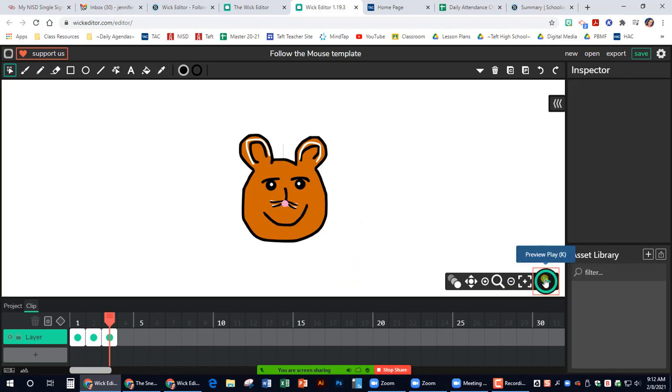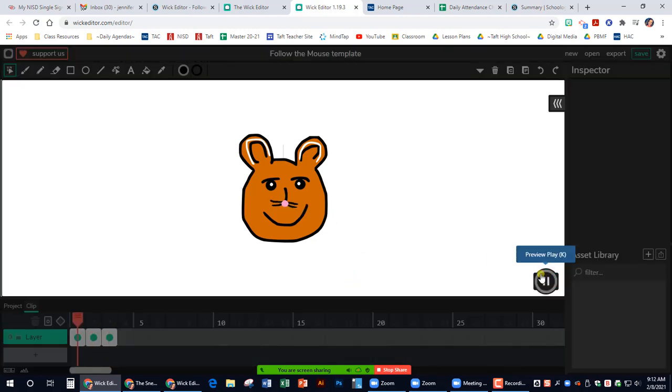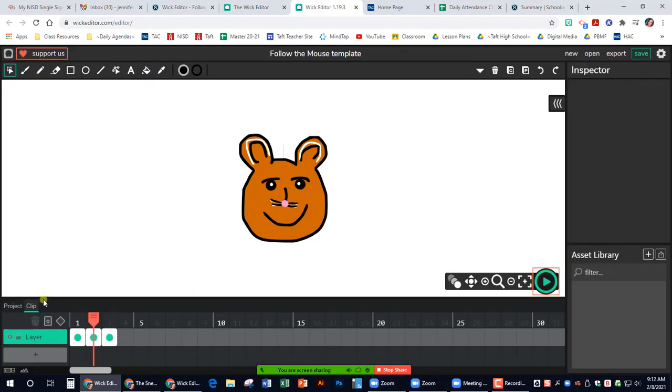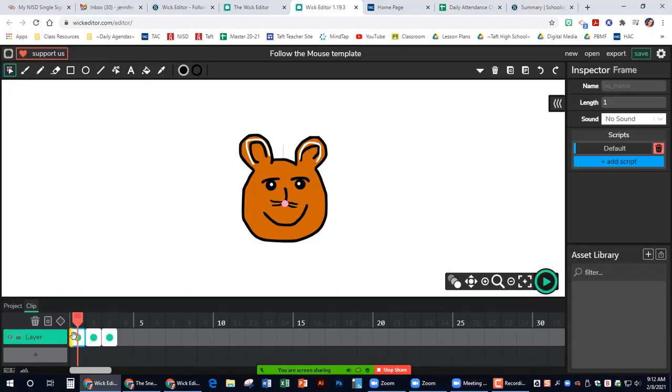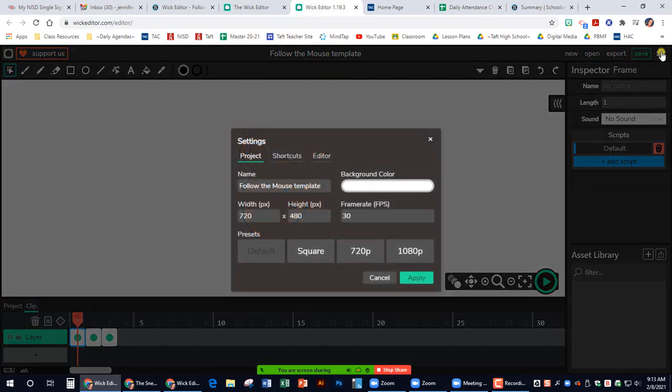Let me see what that looks like right now. Wow, that's super fast, okay? So I'm going to use a shortcut to insert frames to make these last a little bit longer. And the reason we have these shortcuts, I'll show you in the settings,